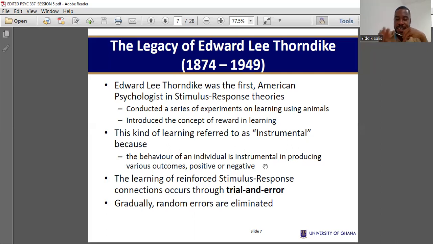Where do you find key? In instrument, right? It's very instrumental, very paramount, very essential in shaping the person's behavior. What did I say? I say the person's